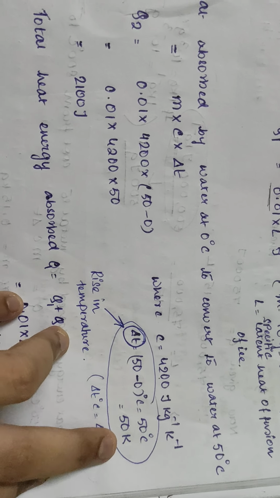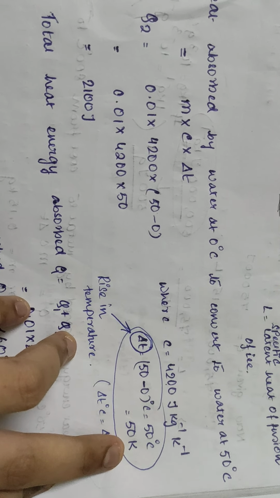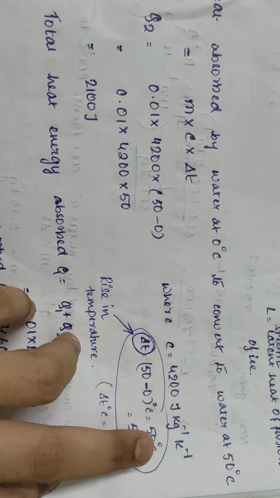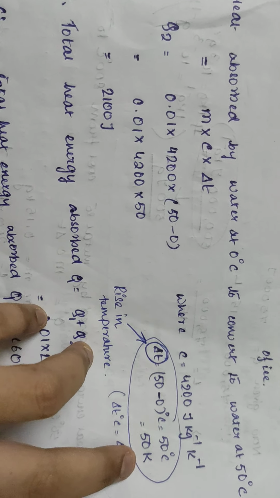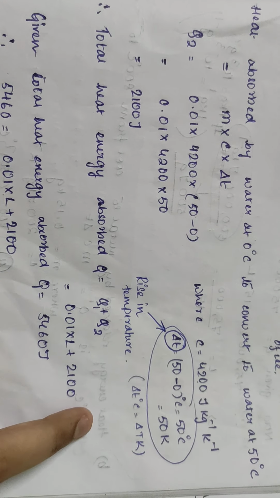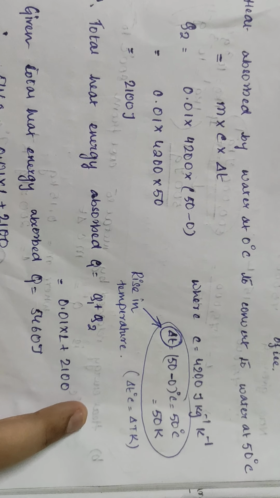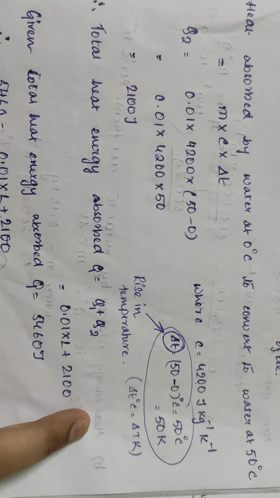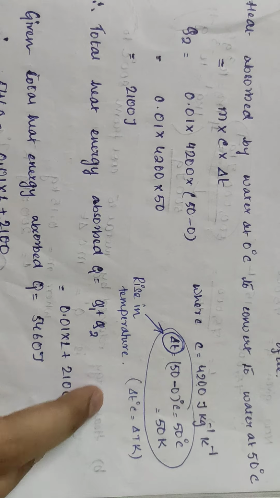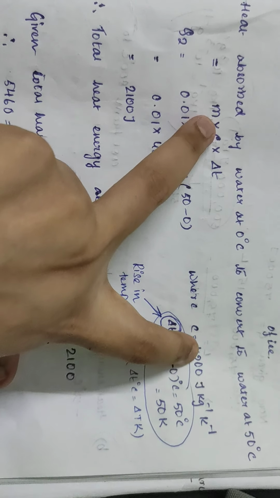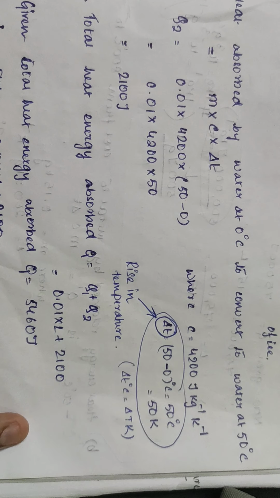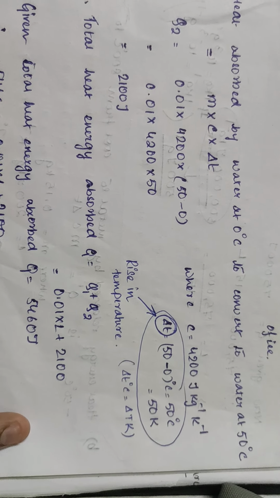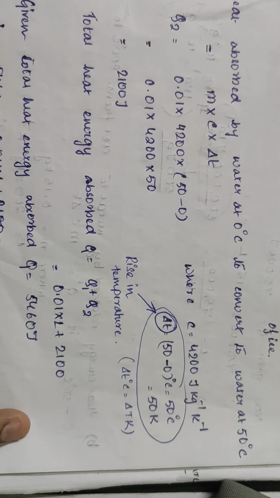Why am I using 50 K here? I would have straight away written 50. I know 50 degrees Celsius is equal to 50 K when it involves change in temperature. Because finally you will find that Q is given in joule, and if Q is given in joules, that means SI unit, and I have to find any one from this equation, then I will have to convert everything to the SI units. So see, I have done that.